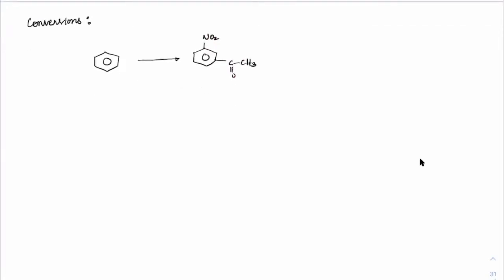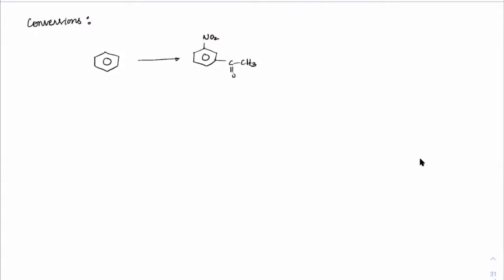If you have benzene here, and I want to convert that into nitro with C double bond O CH3, this is the conversion I need to make. So what is the best possible way you will think of? Now tell me, between NO2 and C double bond O CH3, which is strongly withdrawing? NO2 is strongly withdrawing, everybody, right? You have seen that. So since NO2 is strongly withdrawing, should I put it first or should I get it next? I think it is recommended as the second step.